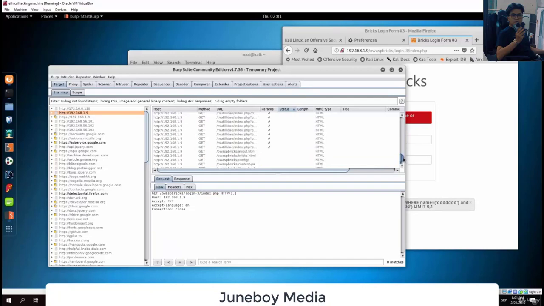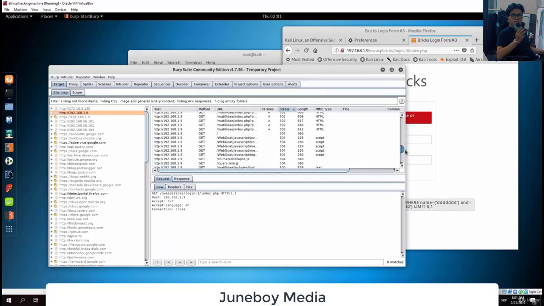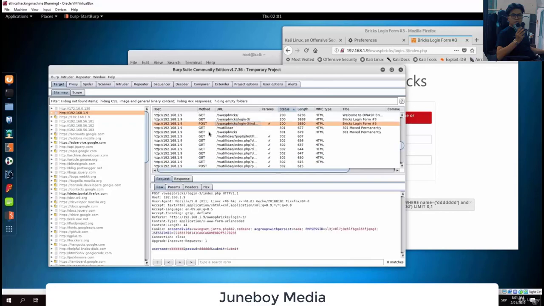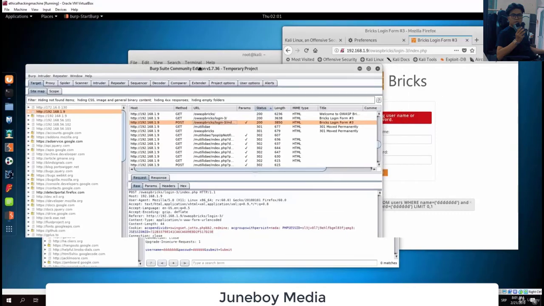It's not this, since this is a GET request. You basically try to find the POST request. OWASP bricks, login 3, and here it is, my POST request for the login 3 page. Now, what we want to do right here,